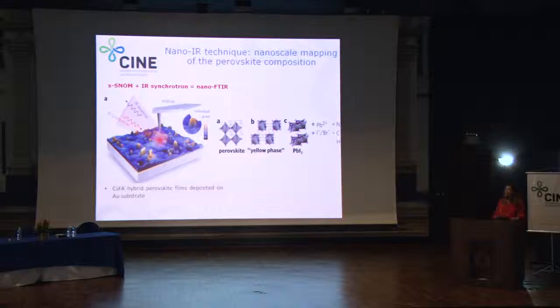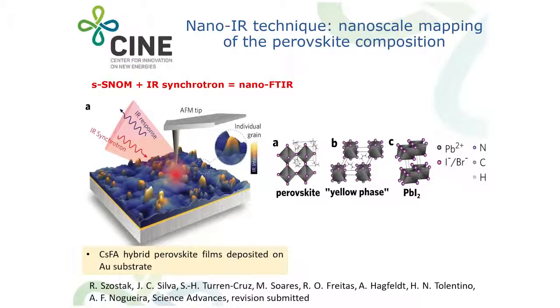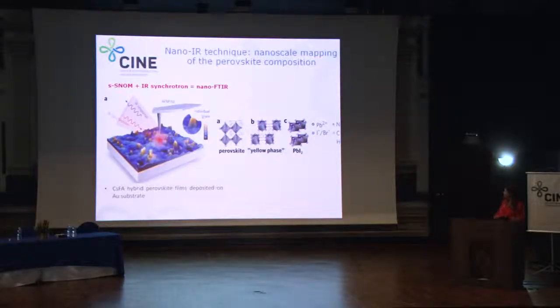If you think about perovskite, it's not easy to prepare. The desired structure is the cubic perovskite, but in the lab it's very easy to have not only the cubic perovskite, but what we call hexagonal phases. Sometimes we also have some remaining lead iodide. So it's really complicated to understand this morphology and especially how all of these structures are distributed